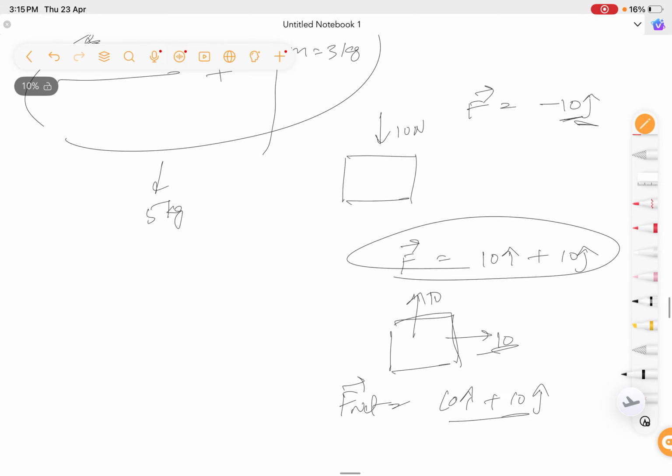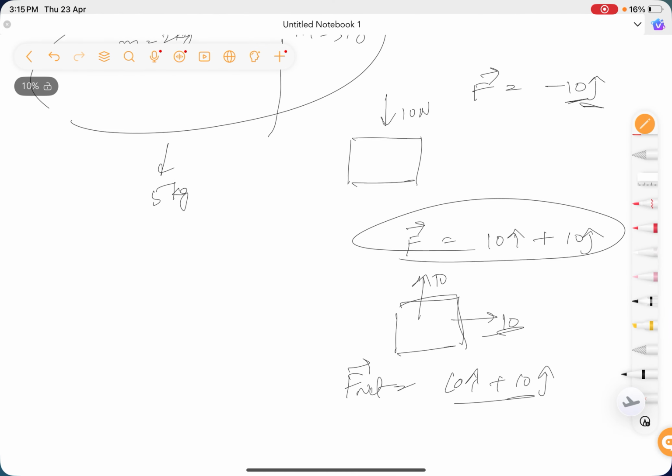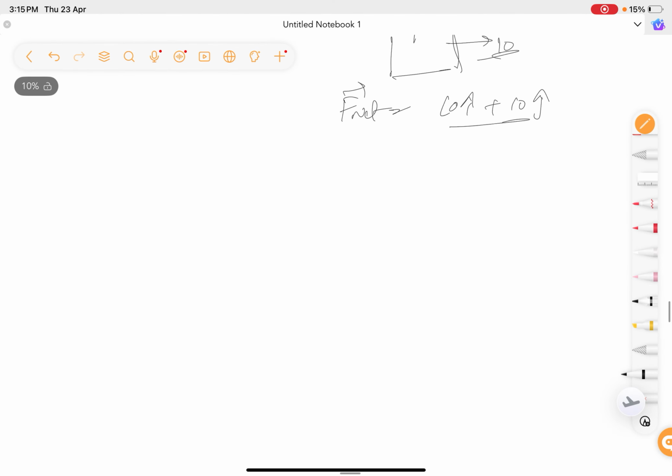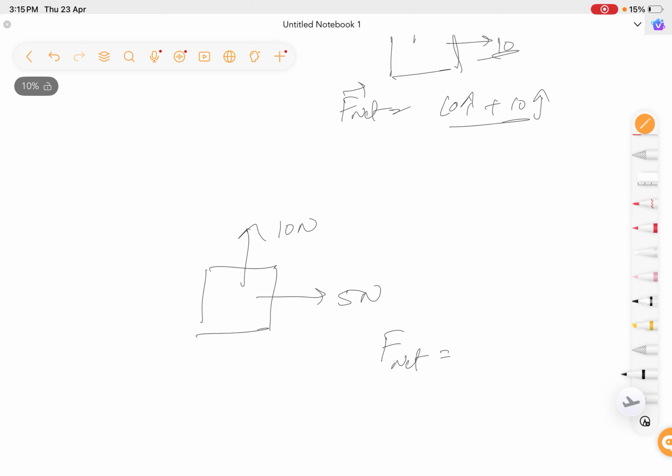We will say 5 kgs, right? But in vectors, let's say there is a 5 newton force acting in this direction and a 10 newton force acting in this direction. What is the total force? That is the net force. We should not do 5 plus 10. It's wrong,